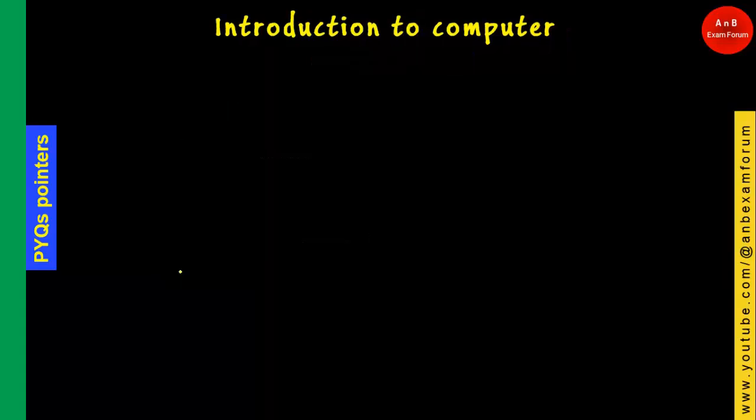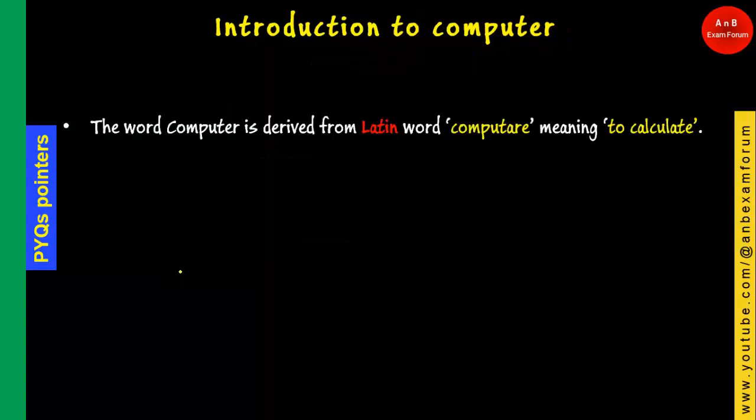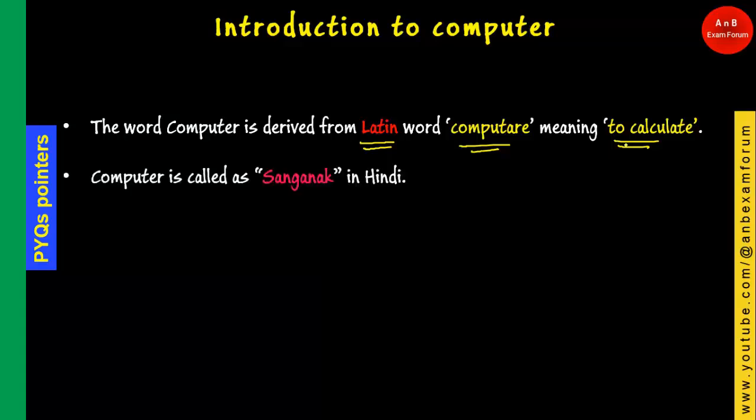So the first pointer for this chapter is that this word computer is derived from the Latin word. Which word? Computer. And this Latin word computere means to calculate. So it is derived from the Latin word computere, which means to calculate. A very simple pointer. Afterwards,